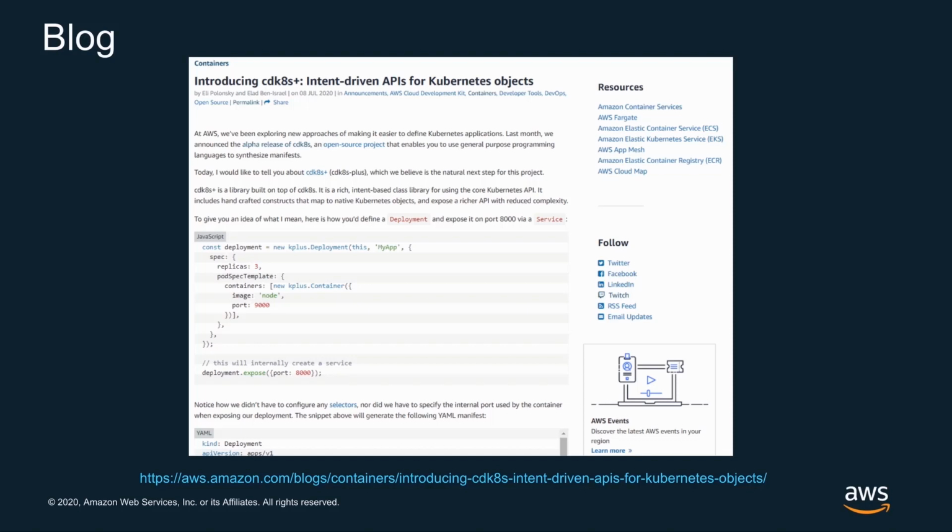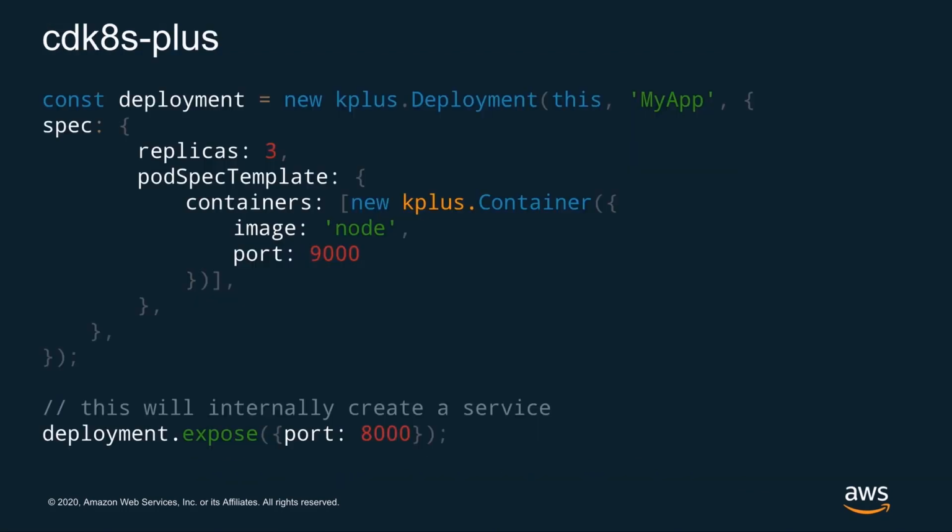CDKs Plus is a library built on top of CDKs, and it's a rich intent-based class library for using the core Kubernetes API. It includes handcrafted constructs that map to native Kubernetes objects and exposes a richer API with reduced